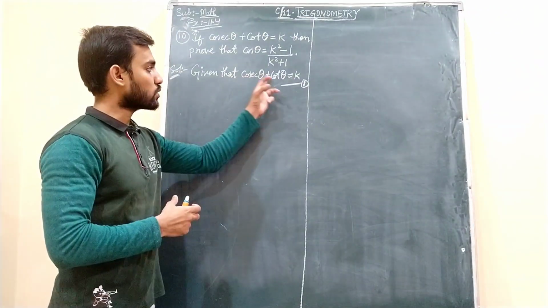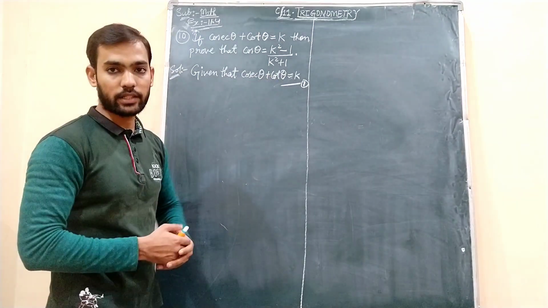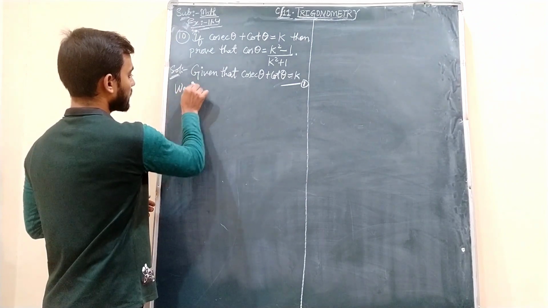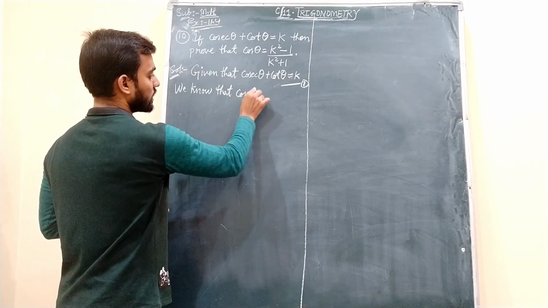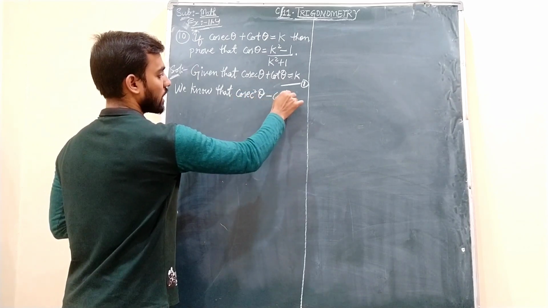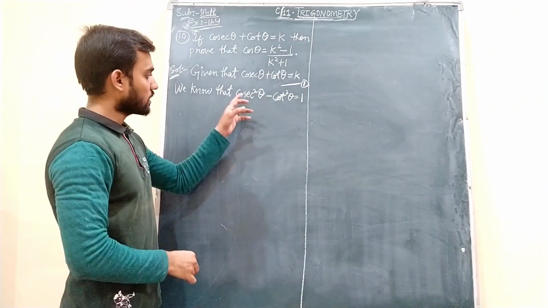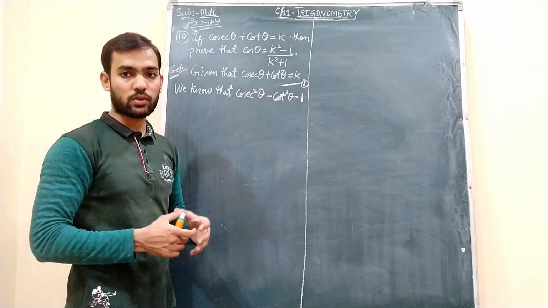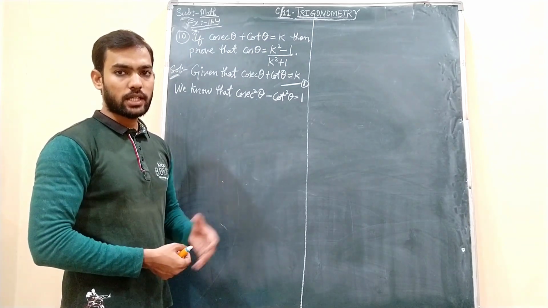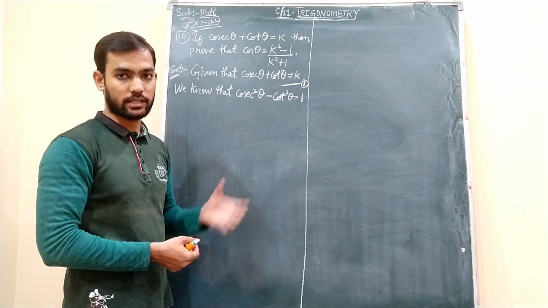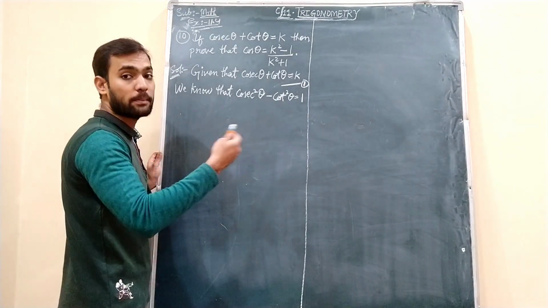Now think, these two ratios are involved in an identity. Identity number 3 has both the ratios, cosecant and cot. So that we will write now. We know that cosecant square theta minus cot square theta equals 1. Okay, this is our identity number 3, right? Now it is like a square minus b square. So a square minus b square can be replaced as a plus b into a minus b. I wrote these identities earlier. If you are having any doubt, you can refer to those identities. In exercise 11.4 questions only I have written.